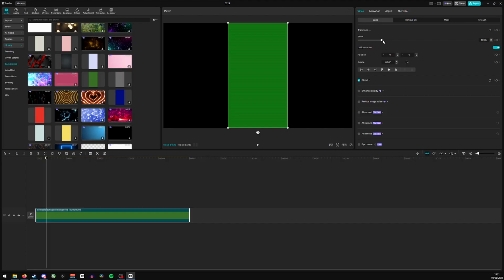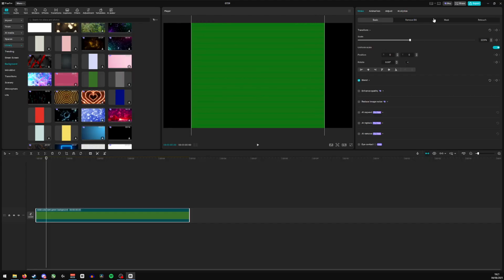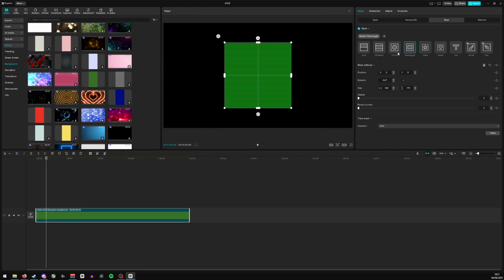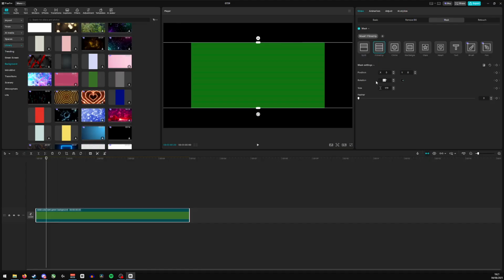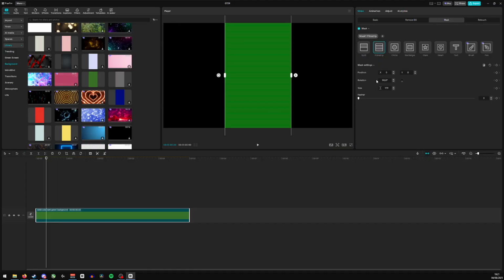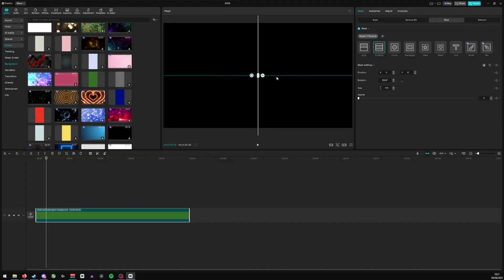Now, of course, I will try and scale this as much as I can, because next thing we want to do is go to Mask in the very top right, and from here, add a mask, and click on Film Strip. From here, I'm going to rotate this to 90 degrees, just so we have a nice, long, straight line. From here, I can then amend this, so let's go for somewhere around there, and then I'm going to click